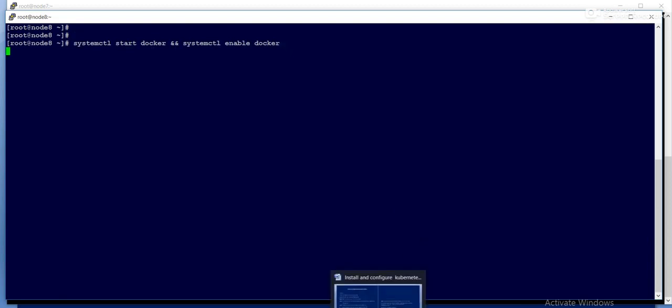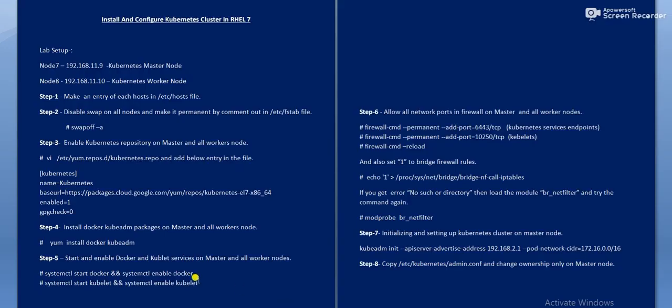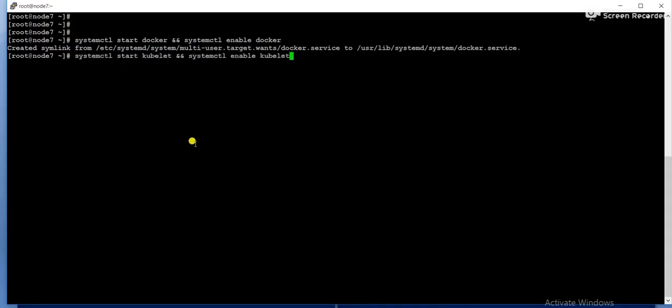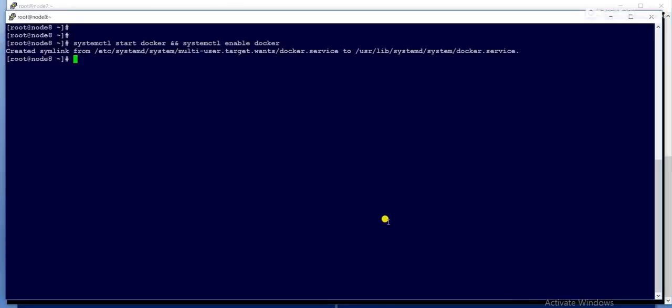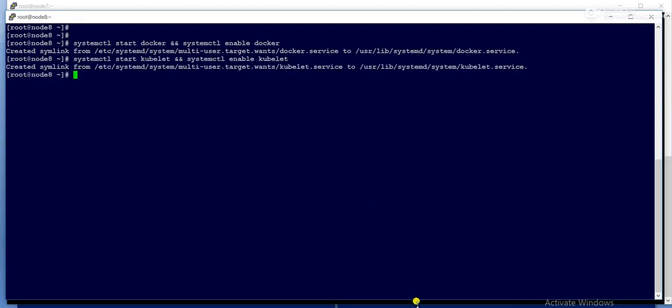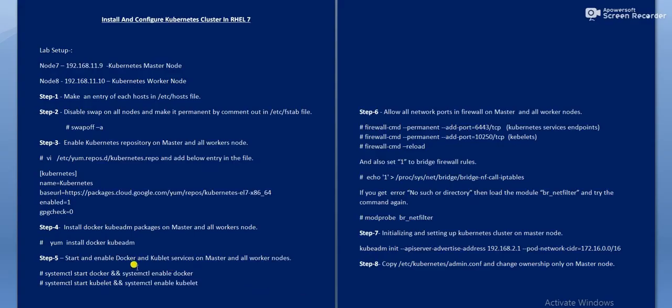Okay, so now second, same thing we'll do for the kubelet service. Simply kubelet. Okay, it's done. So we completed the fifth step also.